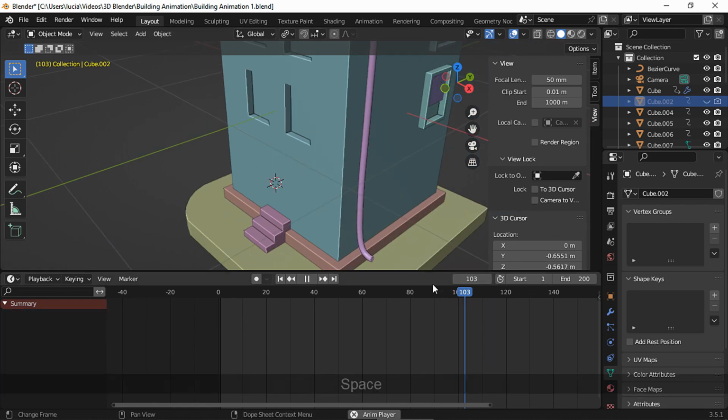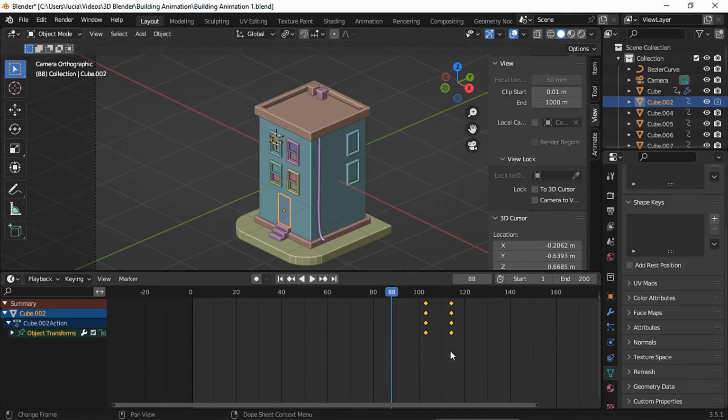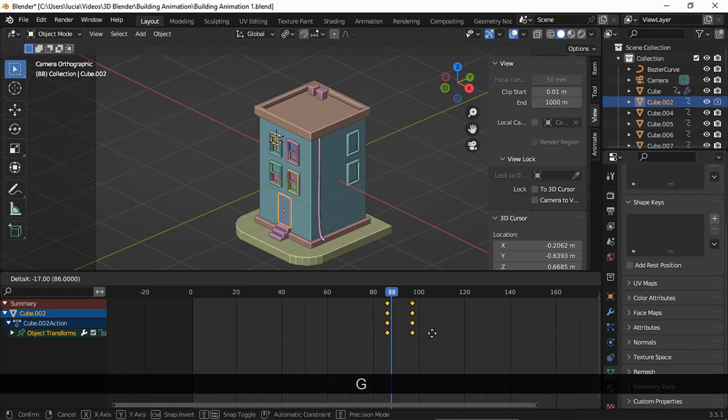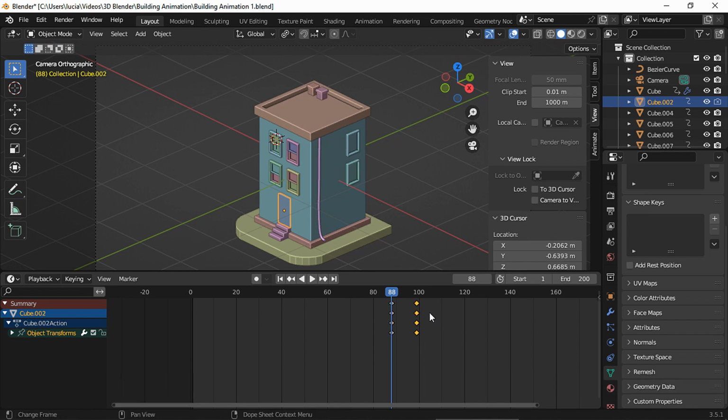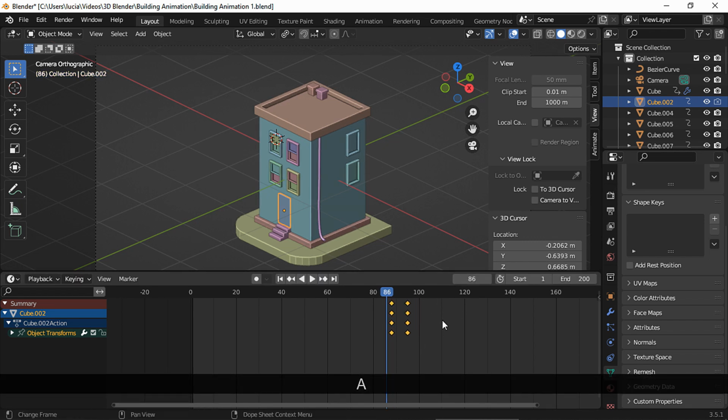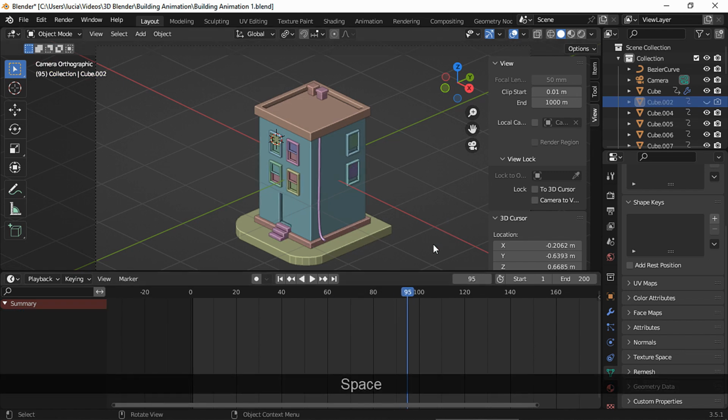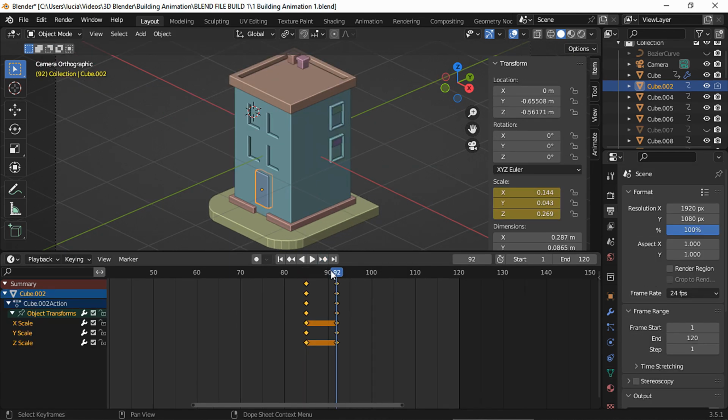I moved the keyframes several times, but I ended up choosing its final location when I had both the stairs and the door animated, and this is my final placement for the keyframes. Let's hide it, and here we have it. Let's go through each keyframe.